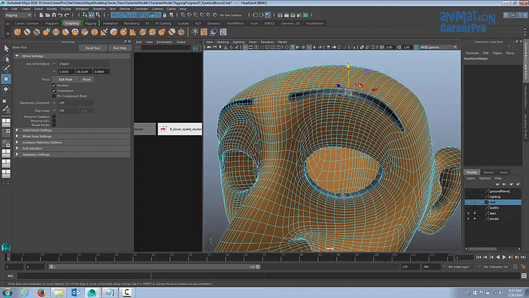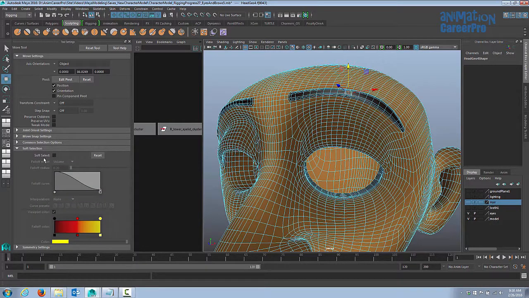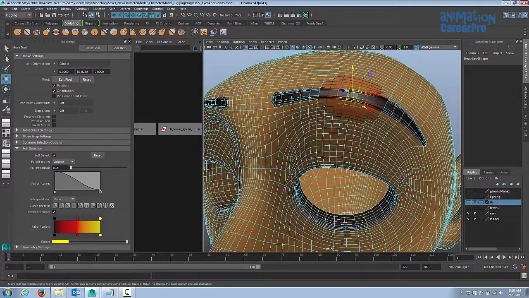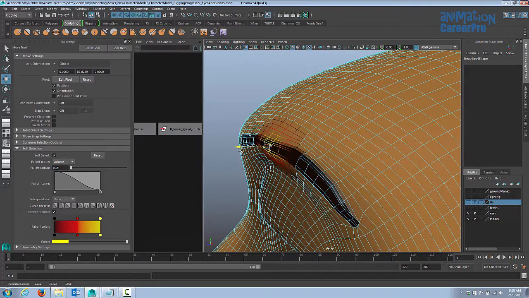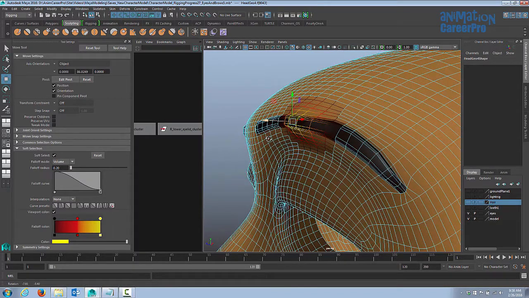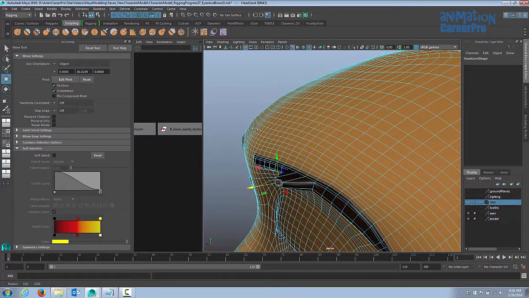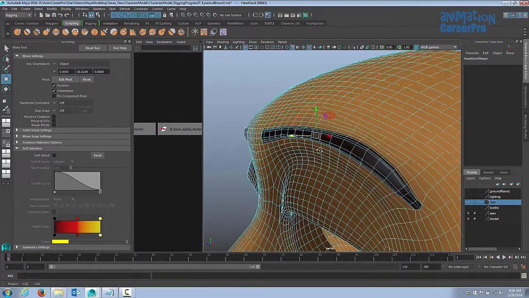We can turn on soft selections 2 different ways. We can double click on our move tool. We already have our move tool up here. But under soft selection, we can drop that window down, and right under where it says soft select, you can just check that. You'll notice on your model that you have a gradient area, the hot spot's right in the middle, and then it drops off as it gets further away from your selection. So if I drag this face out now, there's a whole area of influence here that it takes with it. With soft selection off, we'll just drag that one face out. So it'd be extremely difficult to change your model that way.